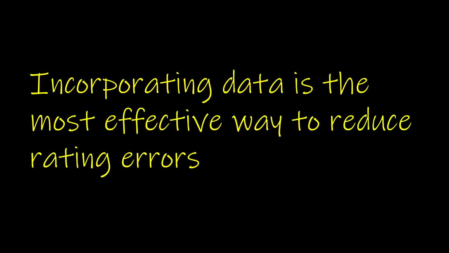performance. As we wrap up here, it's obviously very important to think about, okay, how do we reduce these rating errors as we're giving performance evaluations? And there are trainings that people can go through and they can be very helpful, but incorporating objective data into the performance evaluation process is the most effective way to reduce rating errors. So if you do have ways that you can incorporate objective performance data into that process, that is going to make the biggest impact and help you avoid making these attribution errors that impact people's